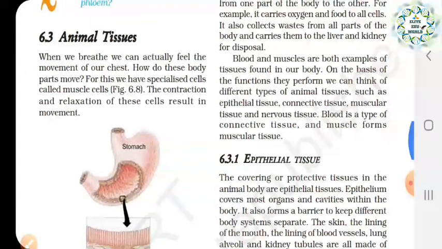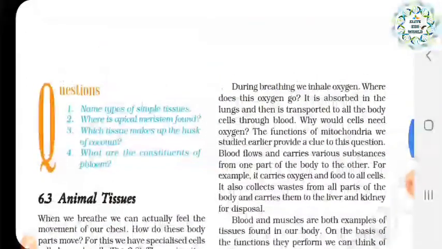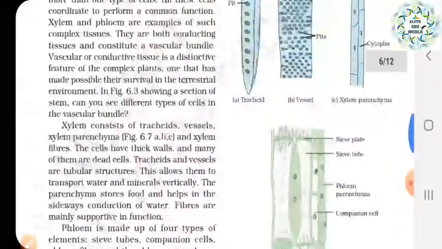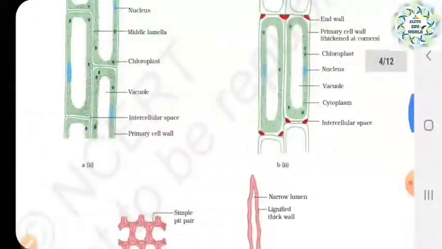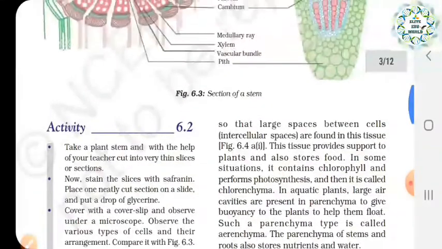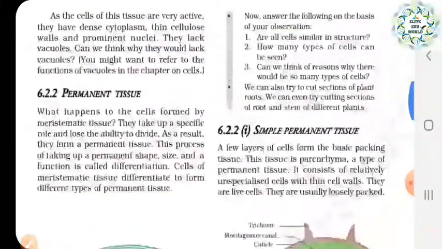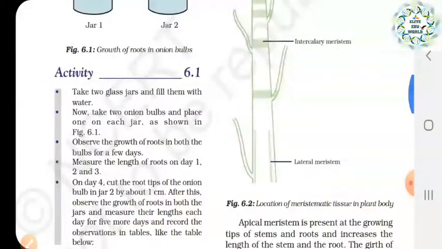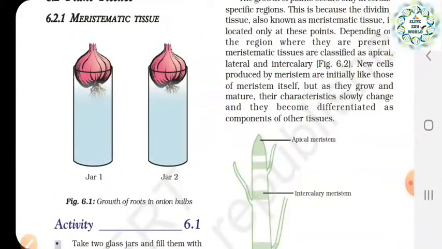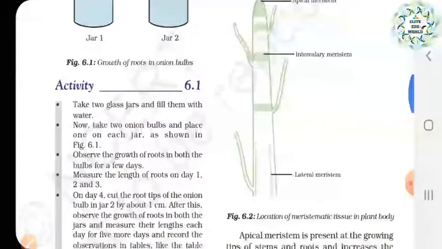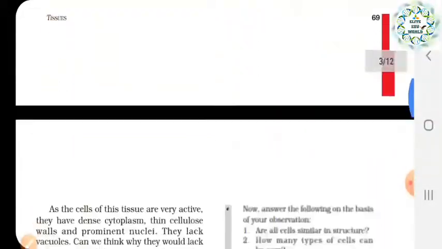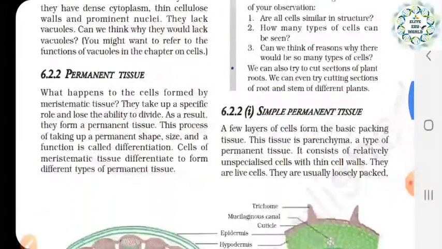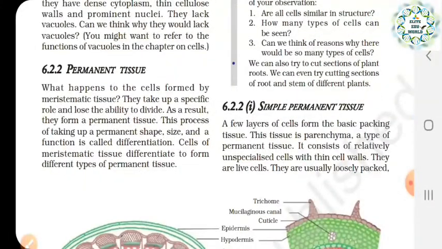We have almost covered all the points related to plant tissue in our previous lectures. We have seen what a tissue is and why there is a need for tissue. Then we have seen the types of tissues and the classification. First of all we saw meristematic tissue, the actively growing part. Then we have seen the permanent tissue and the types of permanent tissue.